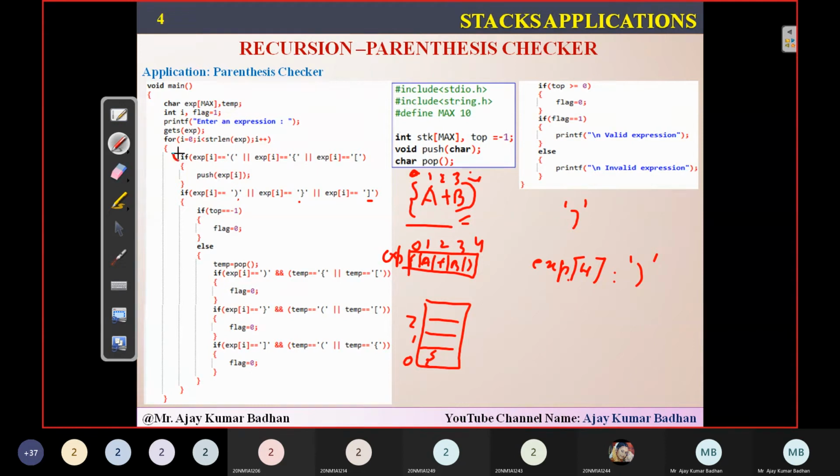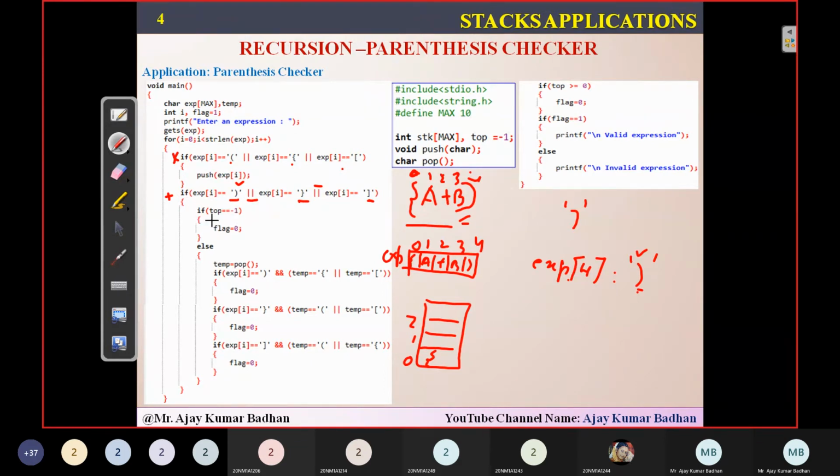I got it. Now, this condition will fail because all are opening braces. Doesn't bother. Come to this particular if condition here. Now you check here: if expression of I is equal to a closed bracket, or if expression of I is equal to a curly closed bracket, or a square closed bracket. What is the bracket we have here? Normal bracket, I mean this one. Condition satisfied. If any one of these is there, then you can execute, because that's the reason we have used the logical or operator here. So any one of the conditions is true, you can enter into it. So this condition is true because the bracket we have here is a closed one. So I'm entering into this particular location.